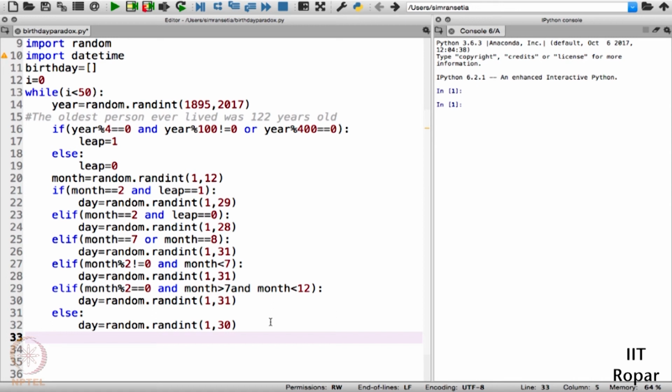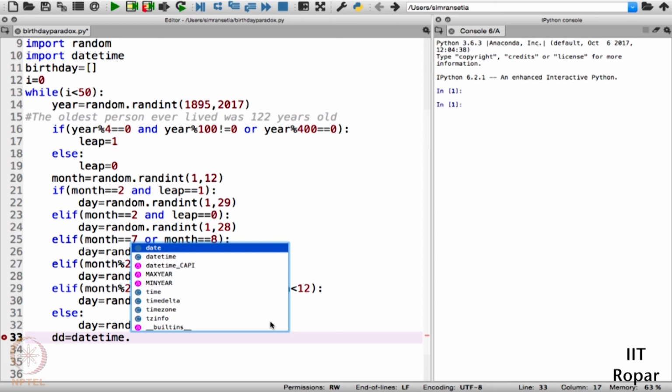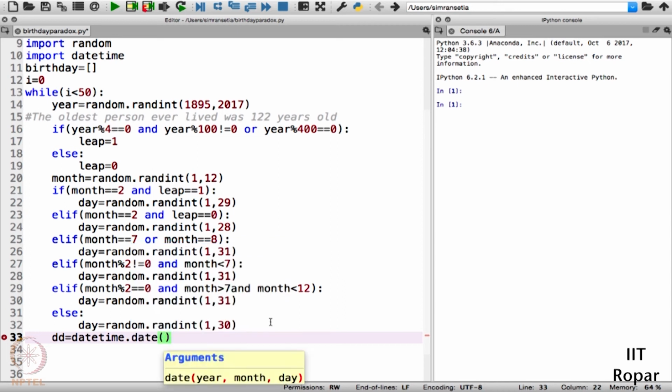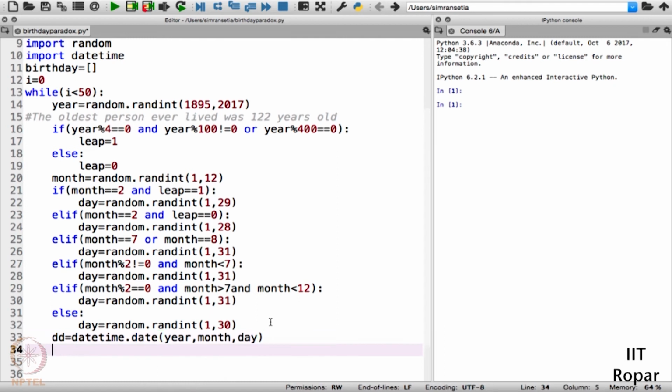Next, we have to convert it into a particular format. So I'll use the function datetime.date, and I can specify the format here. In the round braces, we'll have year, month, day. This is the format that I'm following. You can follow any other format, but I'm following year, month, day.